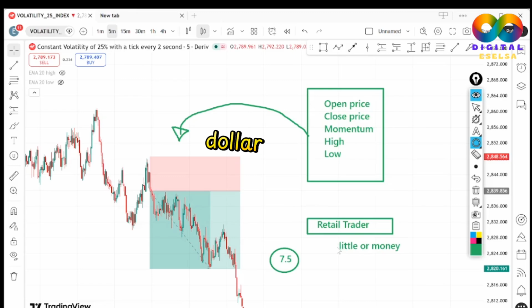$7.5 trillion, and you are trading $100, $1,000. In fact, this $7.5 trillion is such a big amount of money that even if you have $100 million, you are still a retail trader. $100 million is still 0.0001% or even less of this $7.5 trillion. So that's why I said, you that are just a retail trader, you need to study,